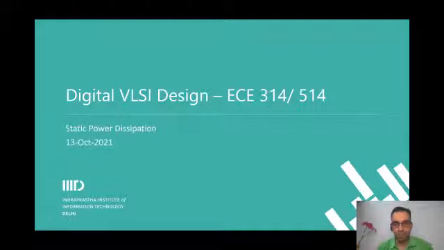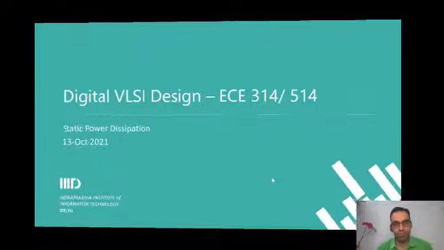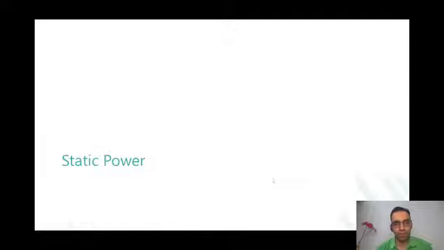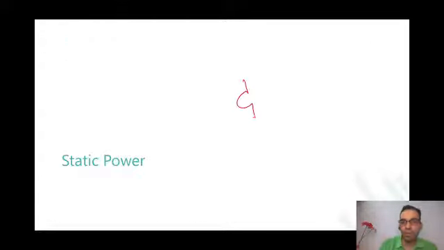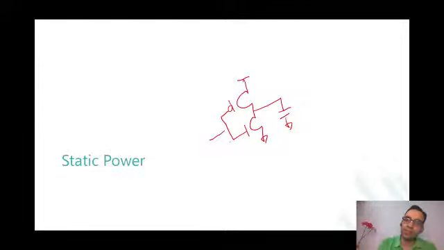So the path would be there anytime, some current would be flowing because of whatever was stored in the capacitor. That would flow. Then there's no change. Let us say, for example, there is this inverter. Now, let us say this stores a VDD. The input is 0. Where is the path?